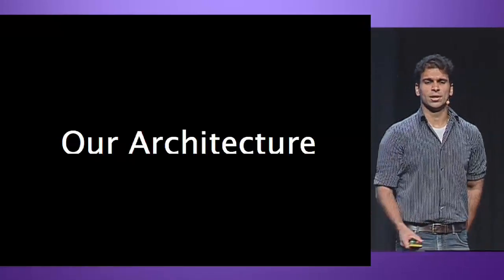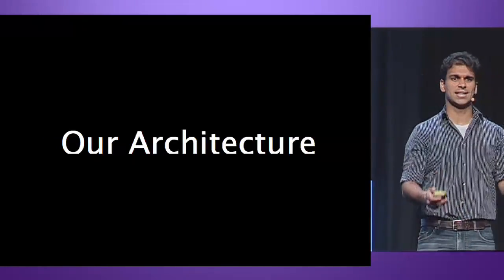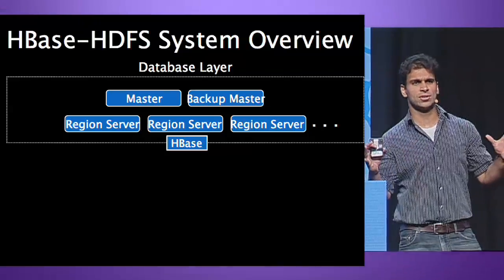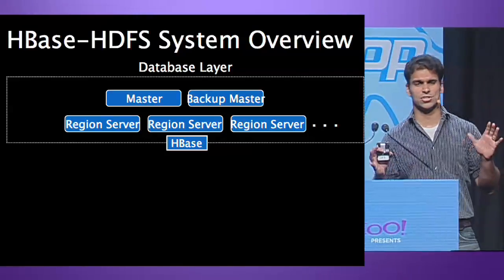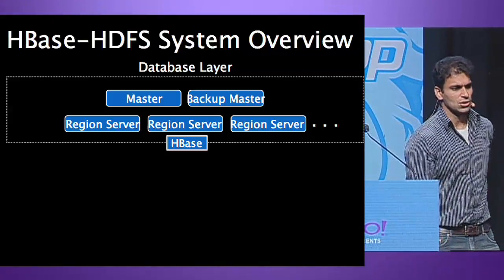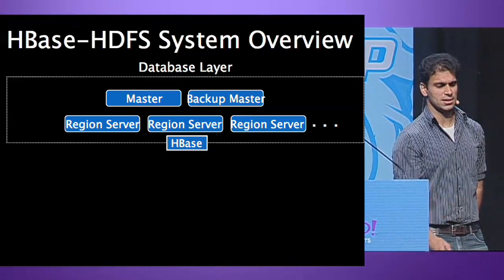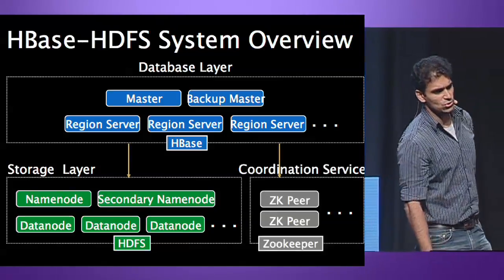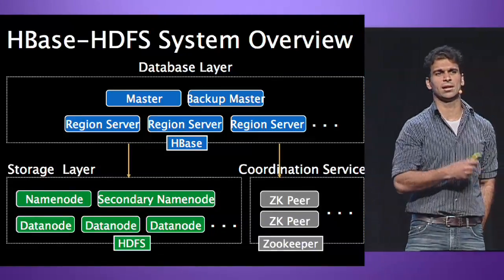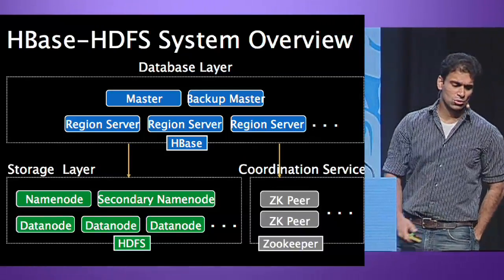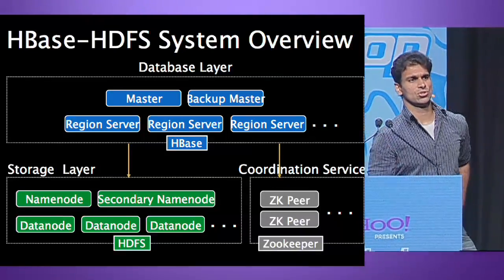Okay, so moving forward, how did we architect our messages? The whole thing is going to center around HDFS, HBase, and ZooKeeper, which is the central thing that's used by the HBase subsystem. So HBase is a distributed database layer that uses HDFS underneath for storage and uses ZooKeeper as a coordination service to handle failover and availability and all those kinds of concerns. So this is what we used to store data.